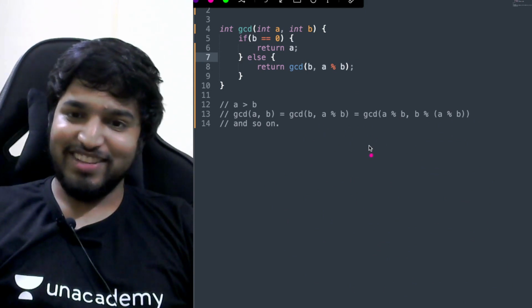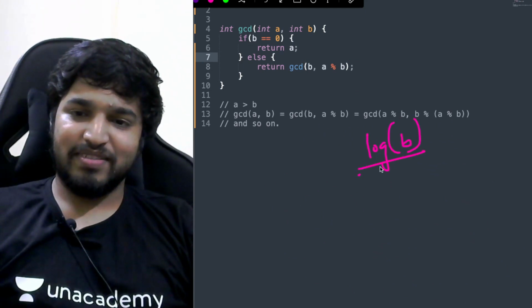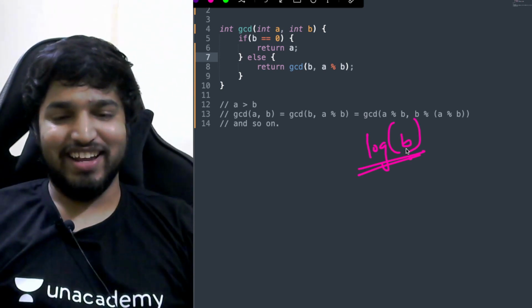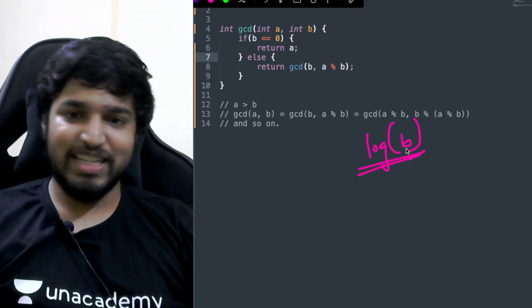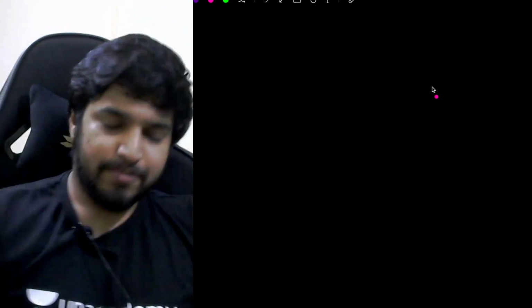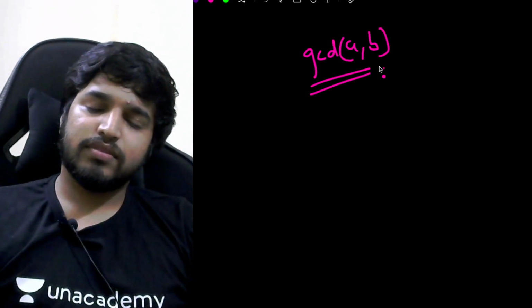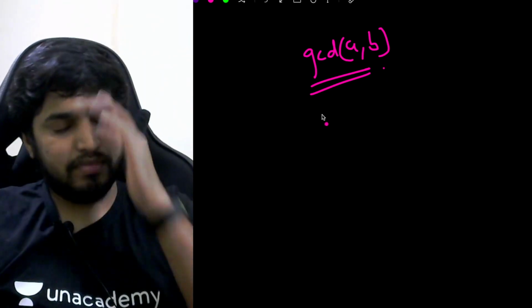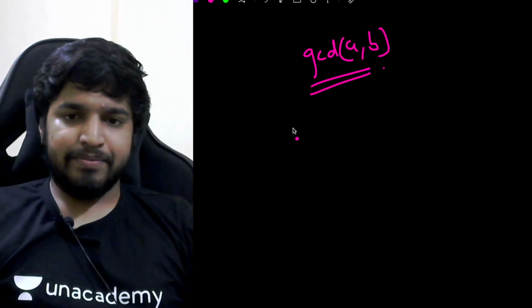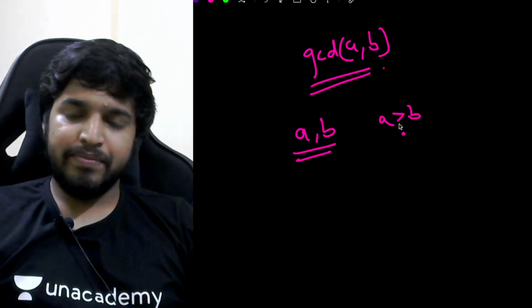it's funny, the complexity is just O of log B. But it's hard to understand how. It's not very trivial. Let's speak about it. So GCD of A comma B. Alright, we're calculating that. One thing to note is that A comma B, if A is greater than B, then